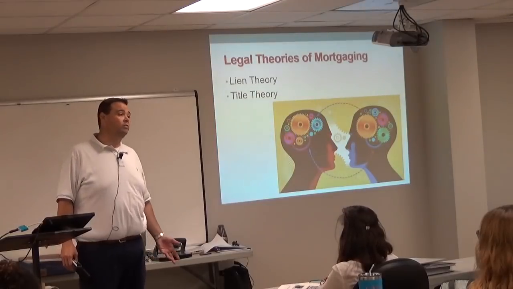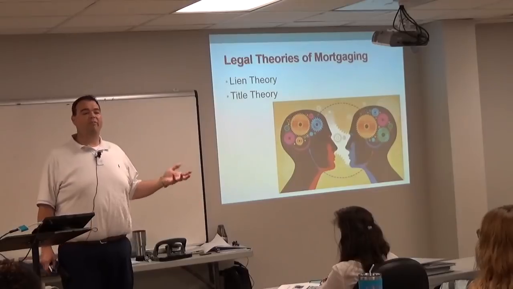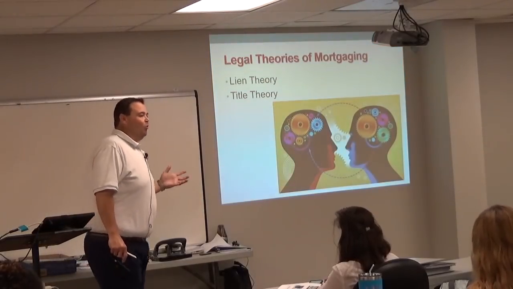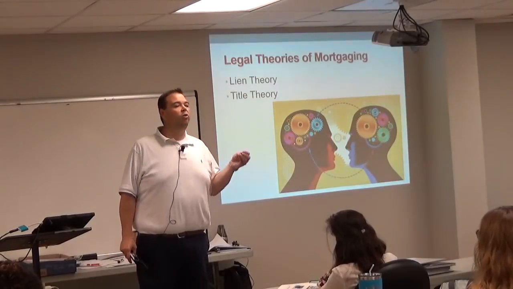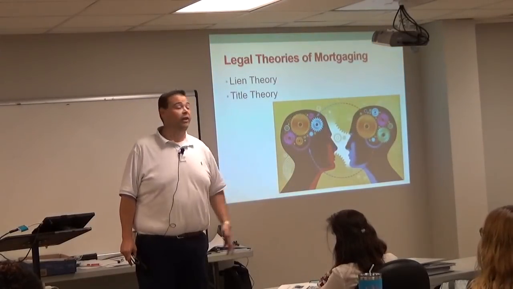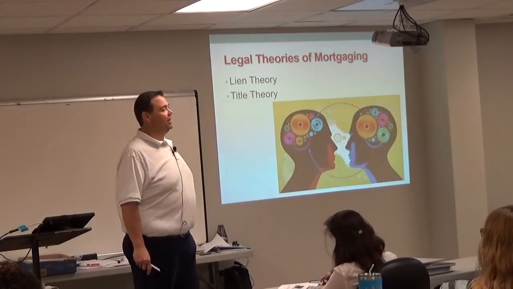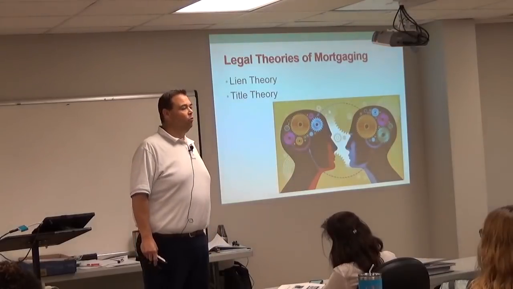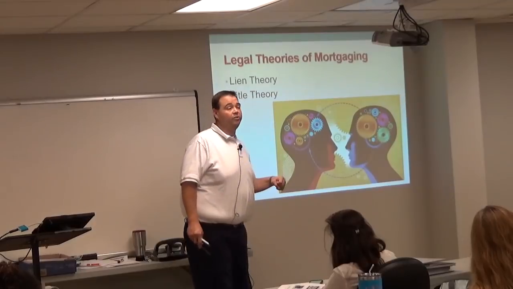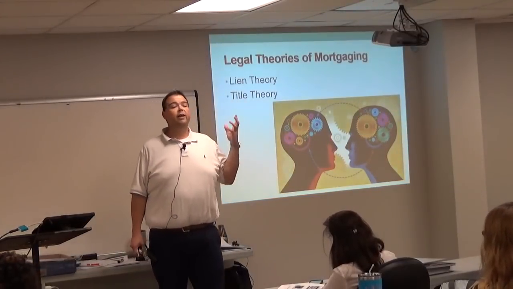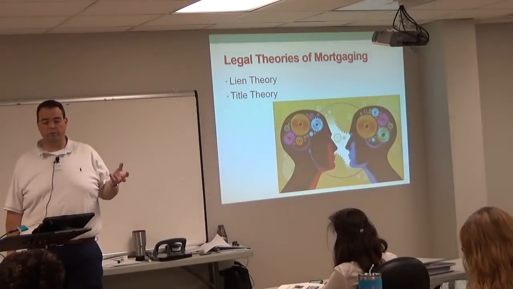And mortgage loans can only end in one of two ways. They either get paid off and everybody's happy, or they don't and we end up in what process? Foreclosure. And so it's all going to be about foreclosure. Because again, nobody really cares how they end if everybody's happy. We only care how they end when everybody's not happy. And that's foreclosure. And so there are two different theories of mortgaging, which means there's two different theories of foreclosure, really. Ultimately, this is all going to boil down to foreclosure. How do we handle foreclosure?